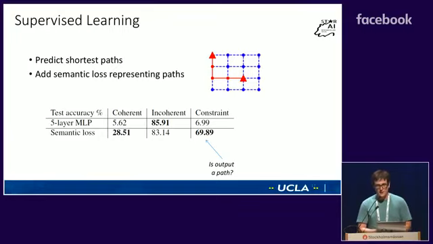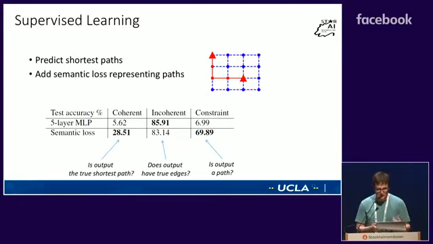So we find that the MLP can only even predict a valid path about 7% of the time, despite the fact that every piece of training data has a valid path, because the training data is all shortest paths, and we can bump that up to about 70%. The number of true edges being predicted, if you don't look at the structure, is the same, which tells us we're not adding any expressive power at all to the network. There are no parameters being added. And finally, the actual accuracy is increasing immensely, right? We're going from maybe 6% to about 29% accuracy. So it's doing pretty much what we want it to be doing.